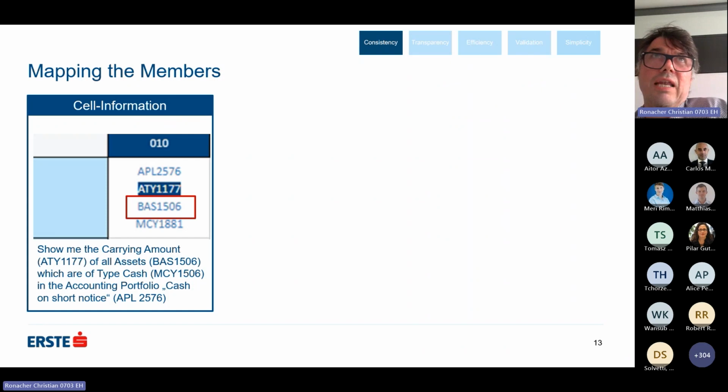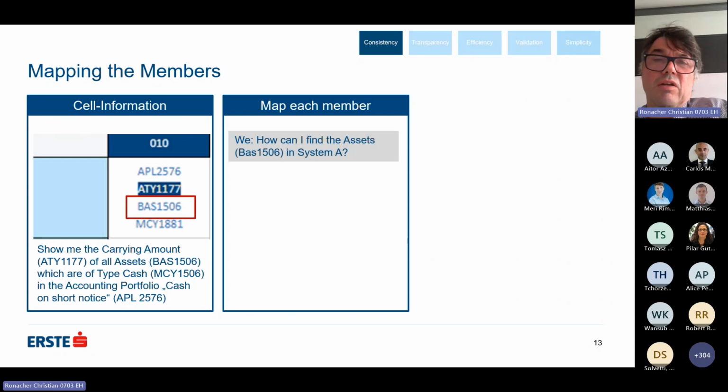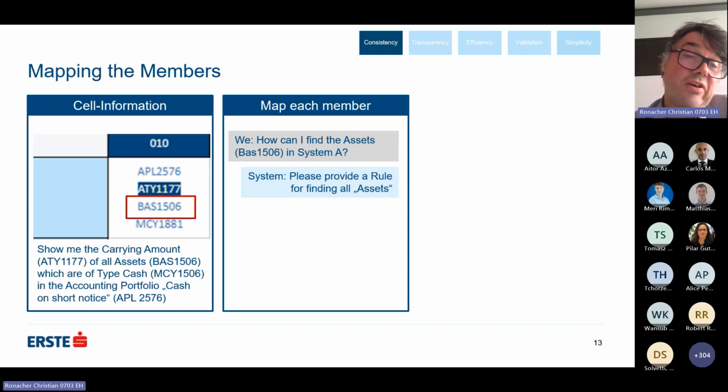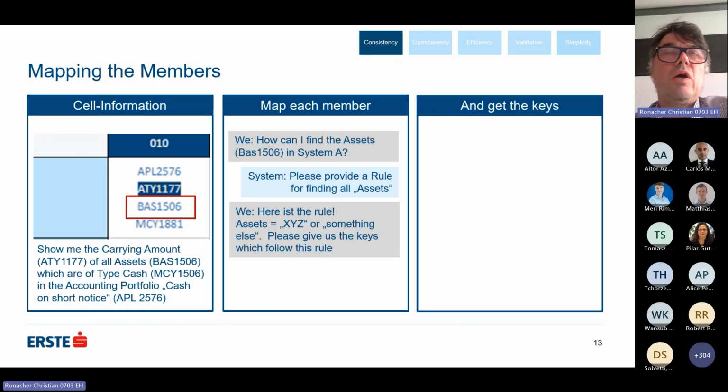So we thought, okay, let's take one member, let's map the member to our data, to our system, and let's ask the following question. How can I find, for example, in this case, assets within your system? Then the solution provider says something like this: I don't know, come up with a rule. And then we come up with a rule and say, okay, this might be the rule, and then we get the results.